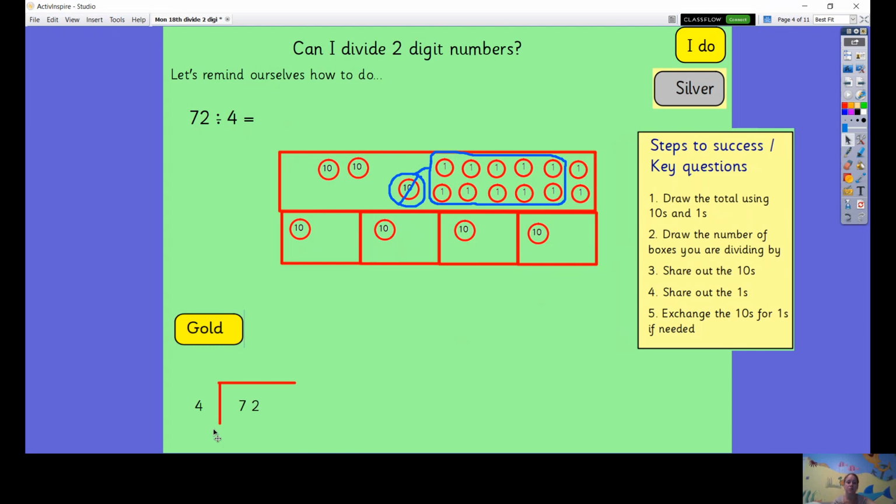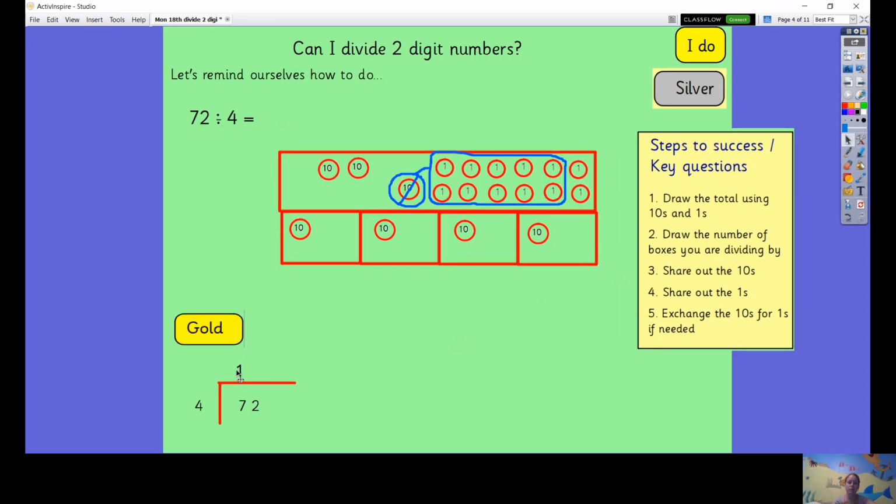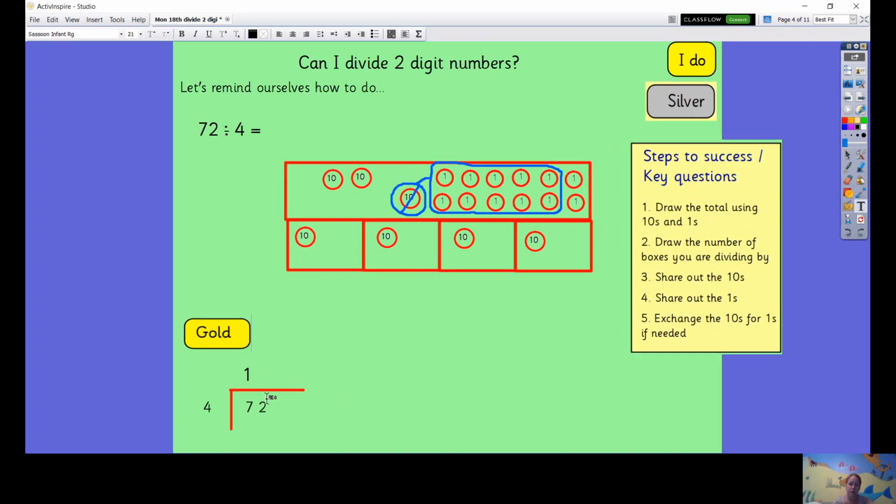Then down here, this is the sort of bus stop method that we've talked about, which in this case is probably a little bit easier than all the exchanging and swapping. So here we say how many 4s go into 7. Okay, so how many groups of 4 can we make out of 7? Well, we can make one group, and that will be, so we've used 4 of the 7, and then we would have 3 left over. So that 3,